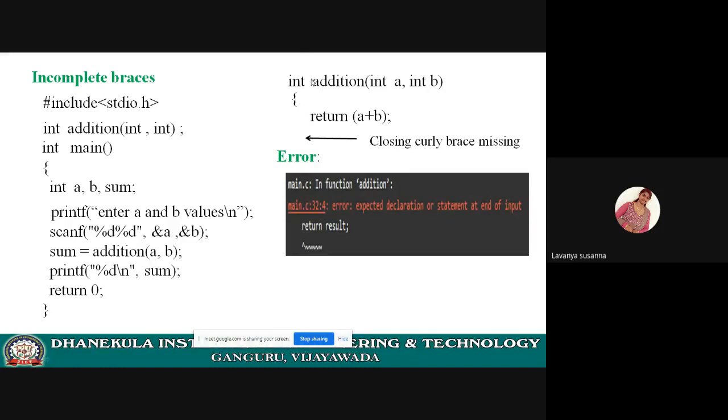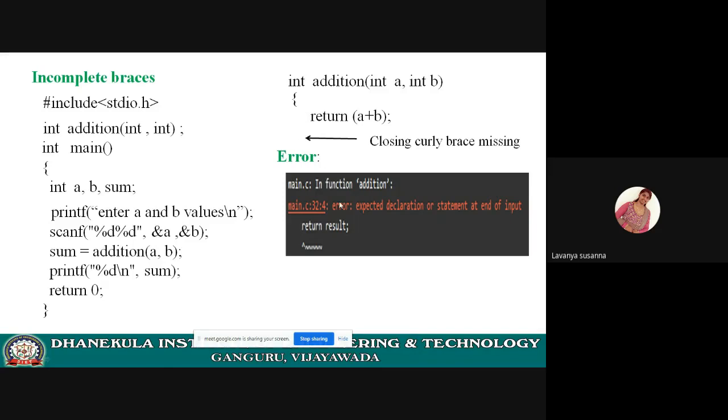I have used an open curly brace here. After writing the statements, you compulsorily have to close the curly brace. Here you have opened it, again you have to close it. This closing curly brace is missing.